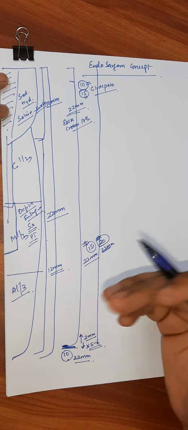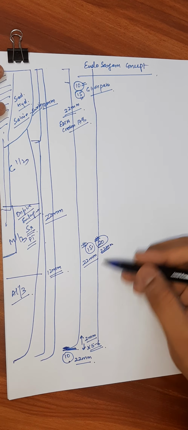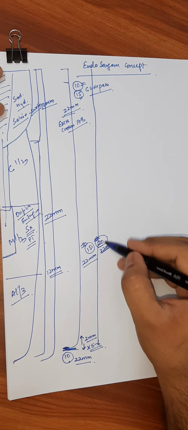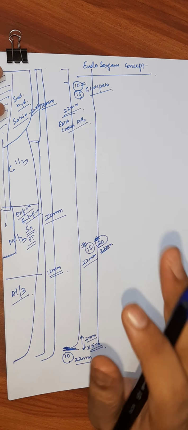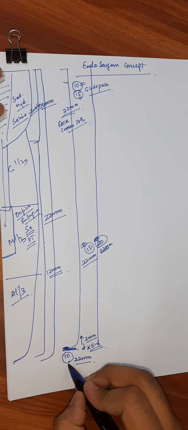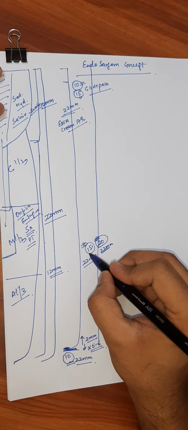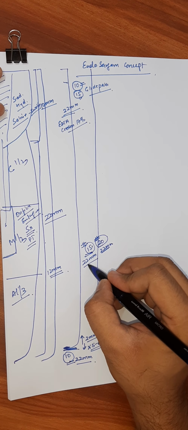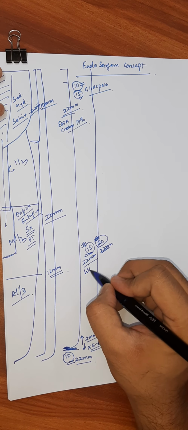Hope everybody is already using the same technique from their college side, that we have learned that we have to reach the full working length with bigger files. Yes, it is true, but in this concept we are using 10 number file and 15 number file to make sure they reach till 22 or the full working length level. Now, in case you feel that your 20 number file is not reaching, your 15 number file is reaching very easily, but your 20 number file is not reaching, do not worry.